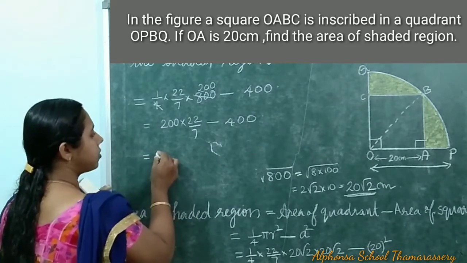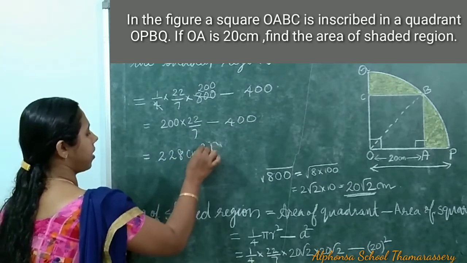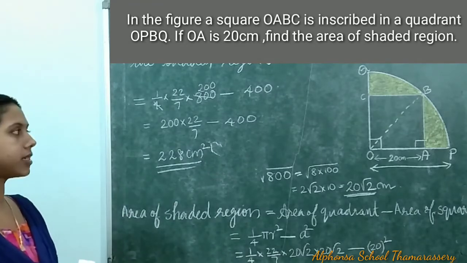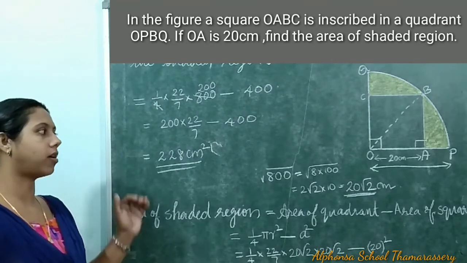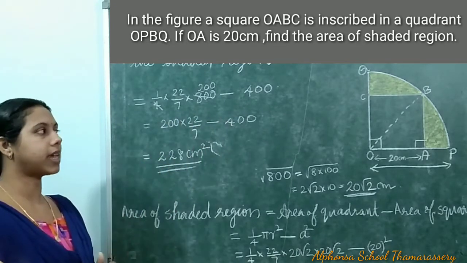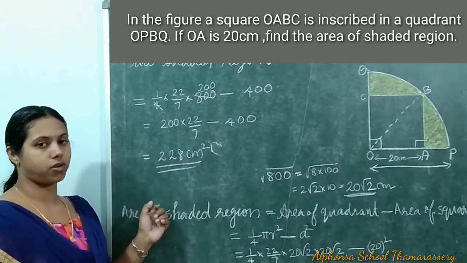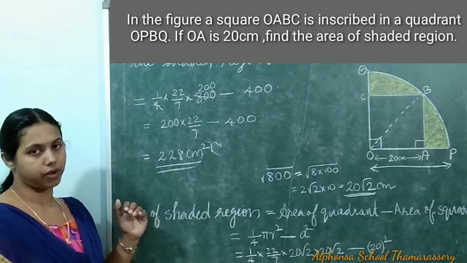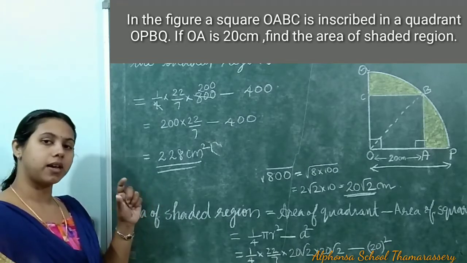So that is equal to 228 centimeter square. So area of the shaded region is equal to 228 centimeter square. We got that area. That is the area of a quadrant minus area of a square. First we find the radius of the quadrant. The radius of the quadrant is equal to the diagonal of a square. A square is inscribed in a quadrant. That means the square will be